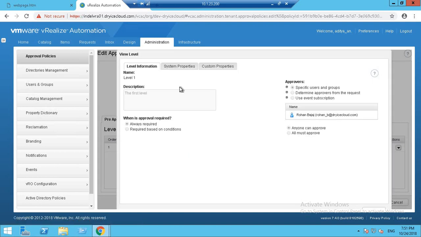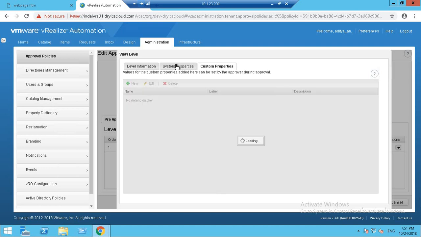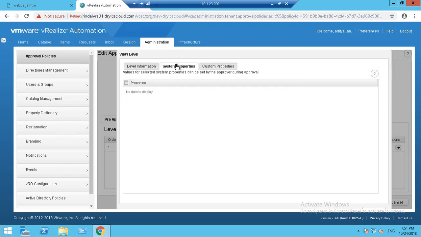It's the first level. Get to that. Yep, here we are. I showed you the level information, but I forgot to show you the system properties and this custom properties tab. You guys should have asked me about that. So what this allows us to do is, if we have a certain set of system properties or custom properties